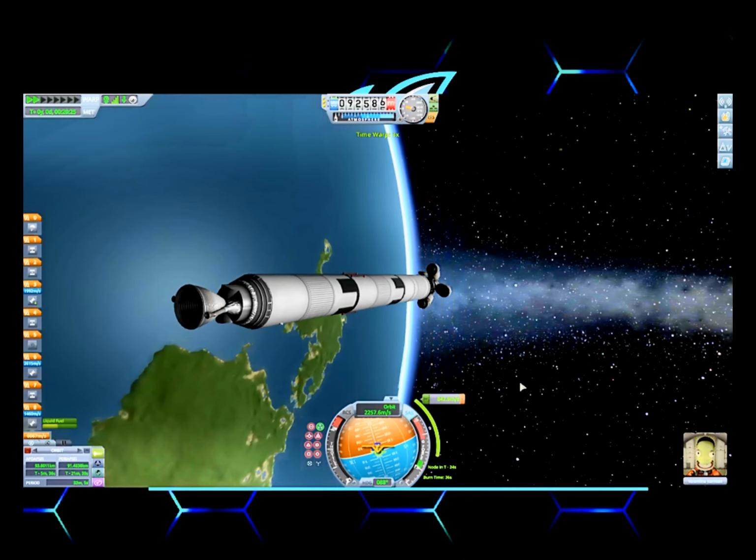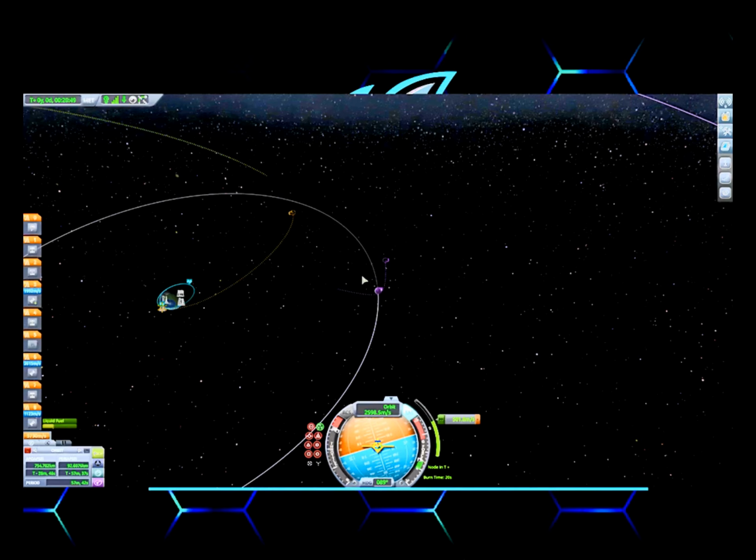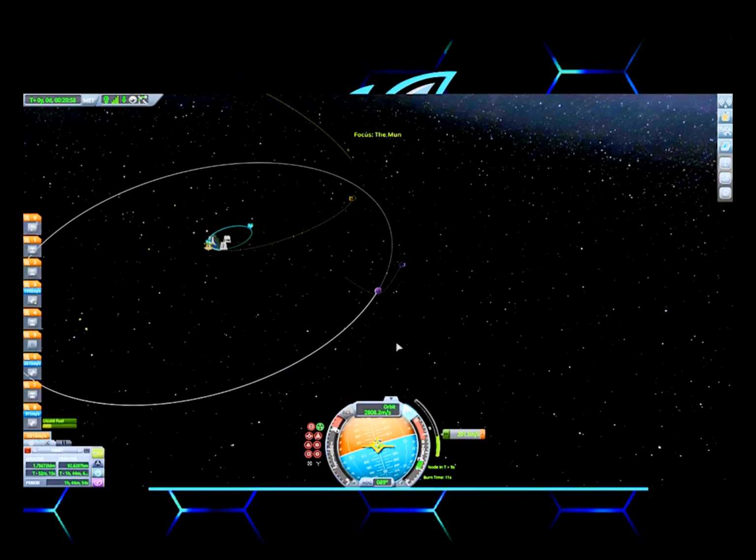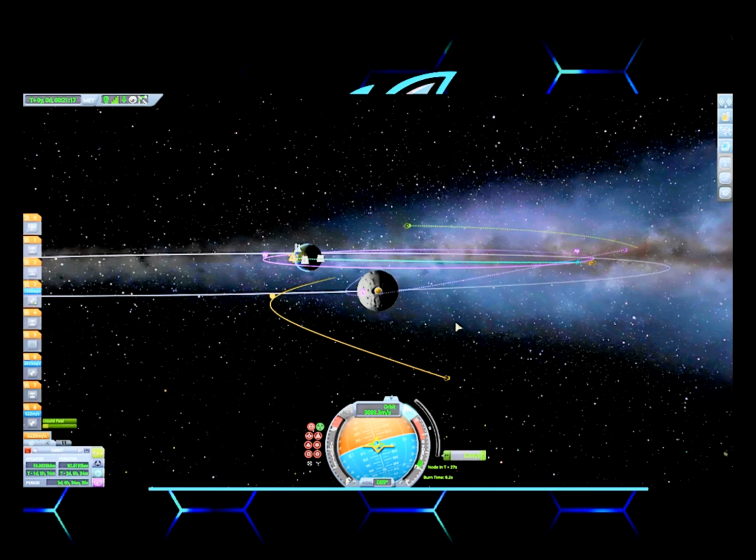Also, the way you physics time warp in space is you hold Alt and then type the time warp buttons, which is slash to stop it, period to go forward, and then comma to go back. And as you see, we